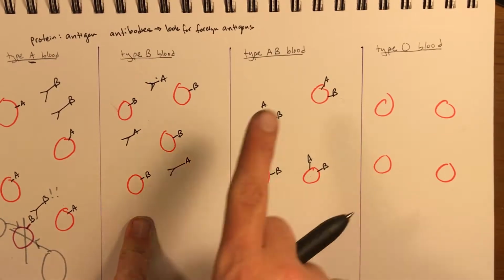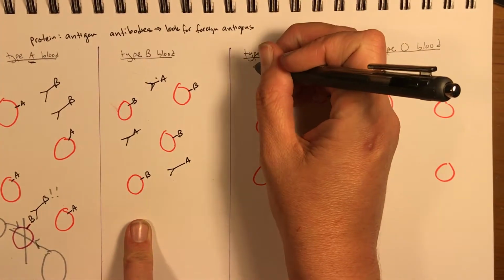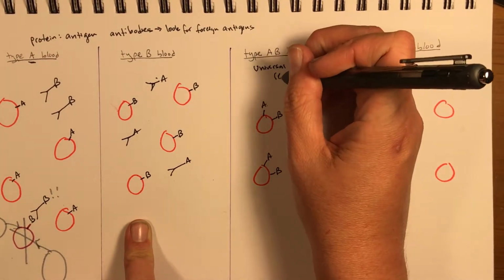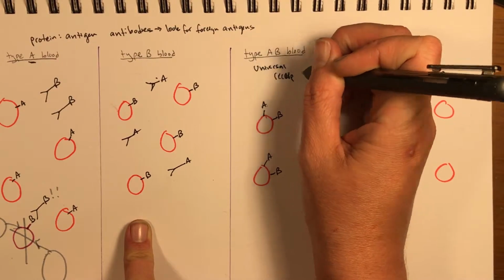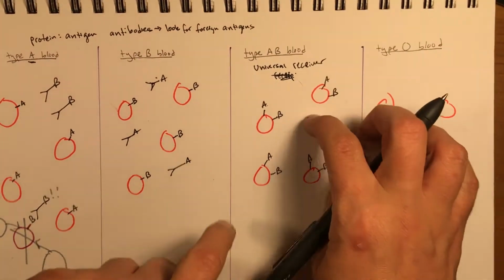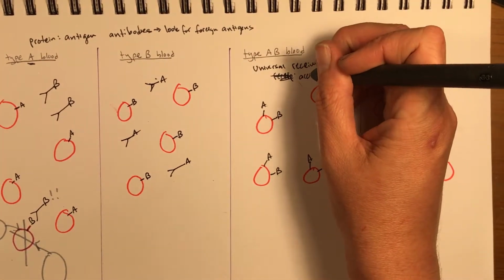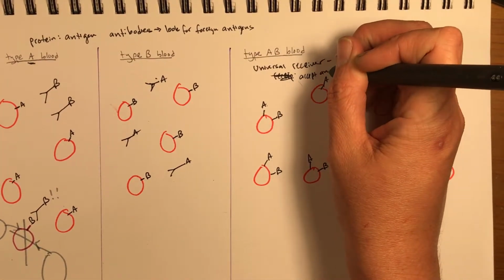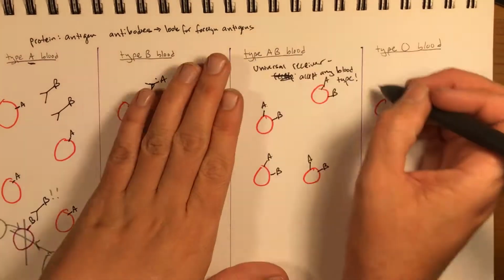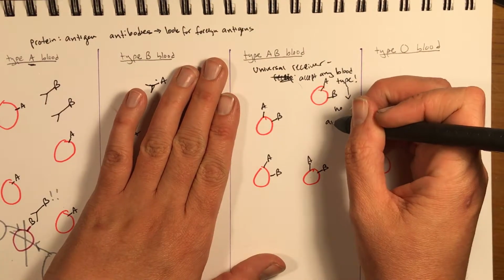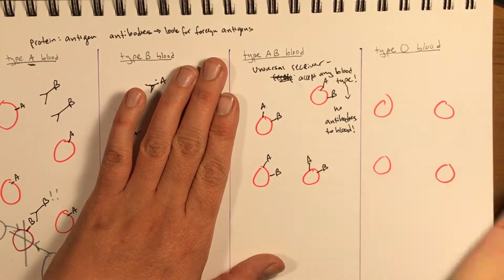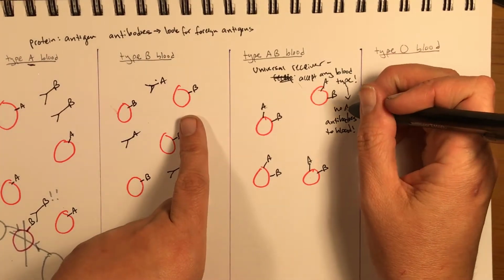Okay, so somebody with AB blood is called the universal recipient. I think that's what they're called. That is not how you spell that. Receiver. Universal receiver. I think that's what it is. Which means this person can accept any blood type, because they don't have any antibodies. No antibodies to blood. Okay? At least they have no AB antibodies.